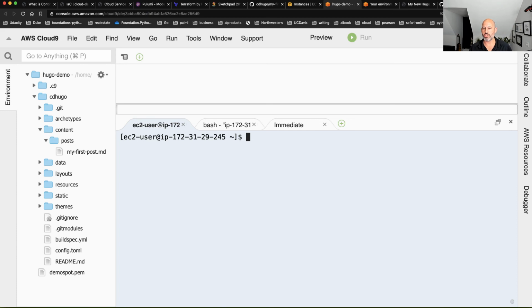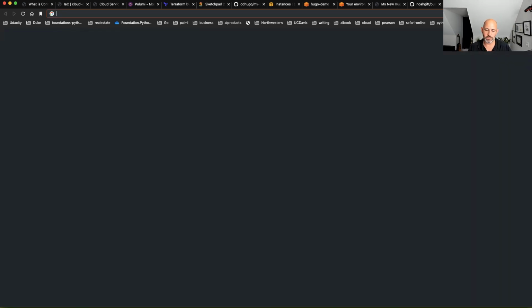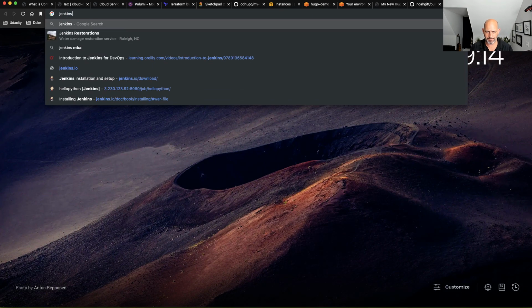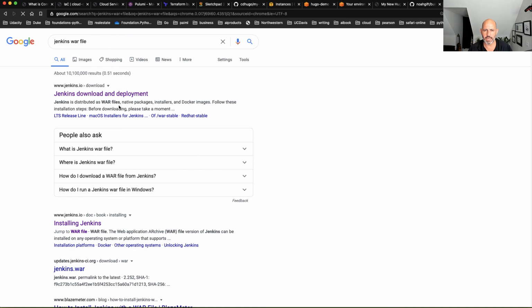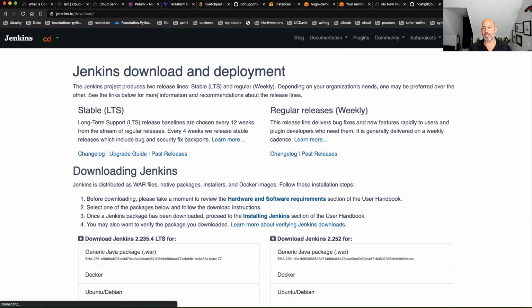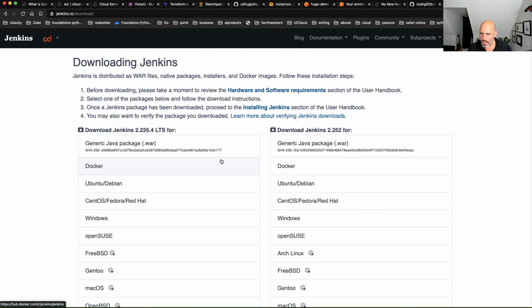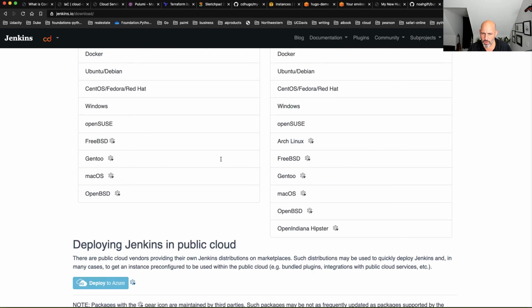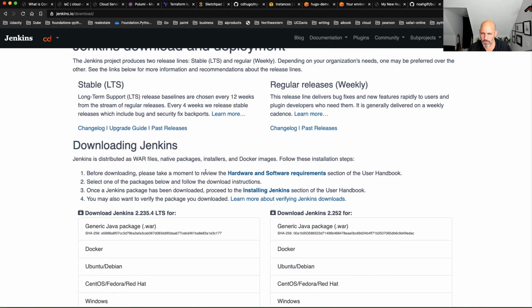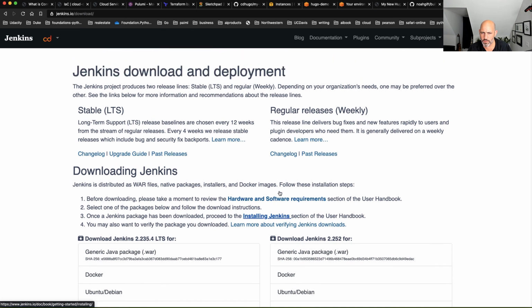So how do you install Jenkins on my spot instance? Let's do it. Let's go to Jenkins war file. So I can go to Jenkins, which is a kind of do-it-yourself build server, and I can just say I want to install Jenkins.